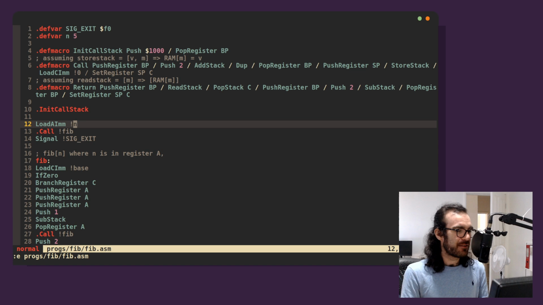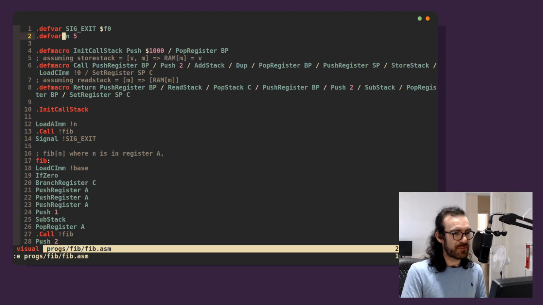Load A immediate, 5, right? These things are in separate worlds. The step that interacts with defined variables, defined macros, these are going to be very separate concerns. There's no way when we're converting something into a pattern of bits that we care about what the state of variables or macros are. So I think we can do this all in one go. So what I'm saying is,